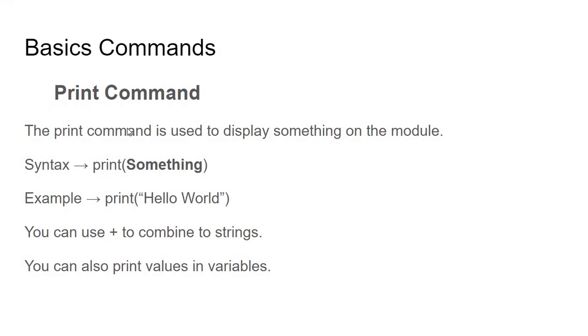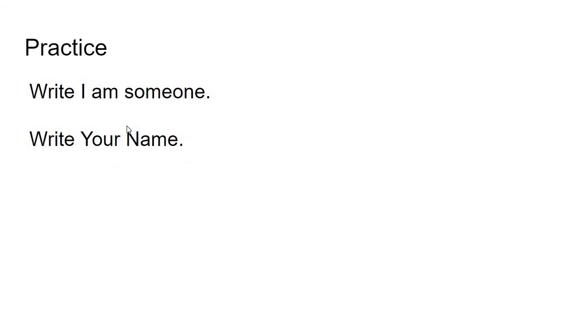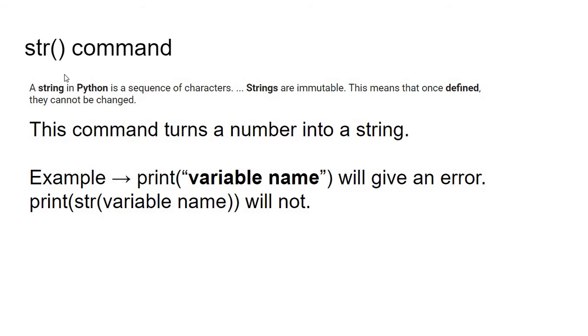Now that moves on to our next command. First, you can do some practice. You can write I am someone, and you can write your name in a variable. Now there's the str command which can help us solve our original problem. This command turns a number or some other character into a string. Example, print variable name will give an error because a variable, for example, say age,